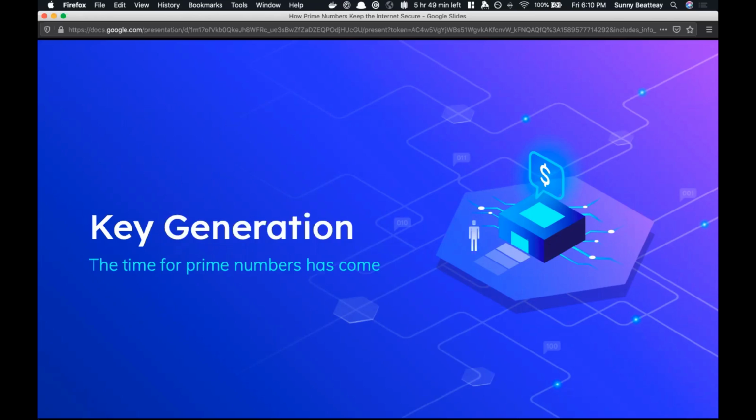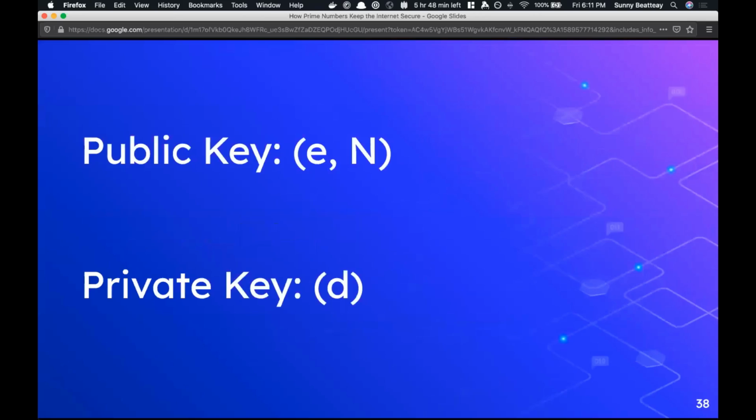And so this is actually the first glimpse we're going to get of prime numbers. In the color example earlier in this presentation, I showed you the private key and the public key as one singular color. The private key was red, the public key was blue. But that's not actually how RSA works. In this case, our public key is actually going to be two different numbers, the number E and the number N. And our private key is going to be a single number, the number D.